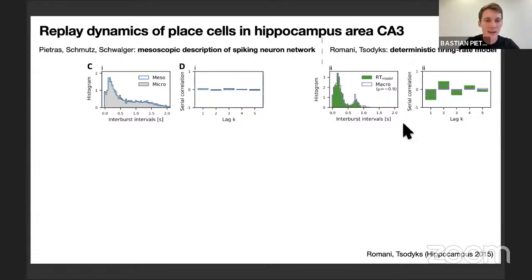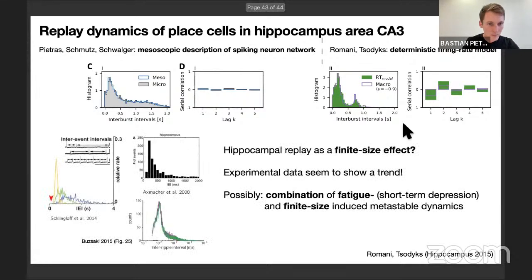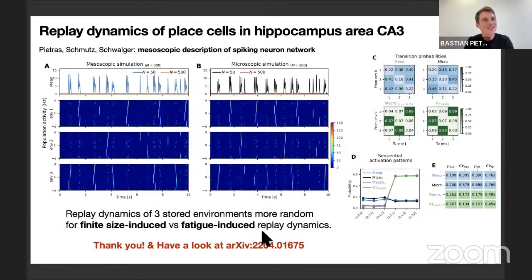Comparing that to experimental data, here are some examples, it looks like the experimental data really shows a trend toward a unimodal distribution, which supports our idea that it's a finite size effect. But it's also possible that a combination of fatigue mechanisms and finite size effects together form this metastable hippocampal dynamics. And as a last point, we also tested one of the other hallmarks of hippocampal